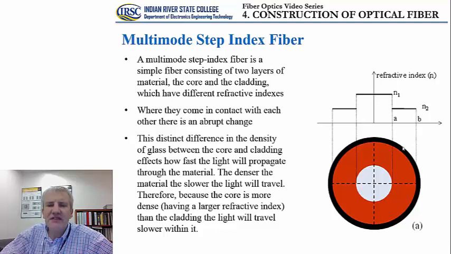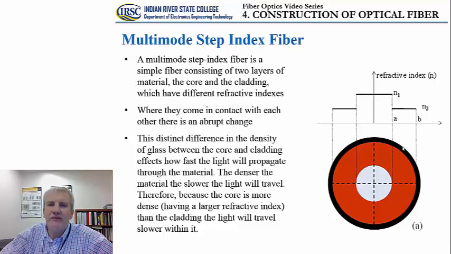This distinct difference in the density of glass between the core and cladding affects how fast the light will propagate through either core or cladding. The denser the material, the slower the light is going to travel. That's directly related to the index of refraction. So in other words, the core, since it is optically more dense, has a larger index of refraction. The light is going to travel at a slower speed in the core